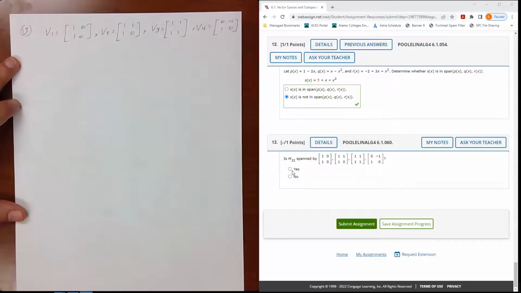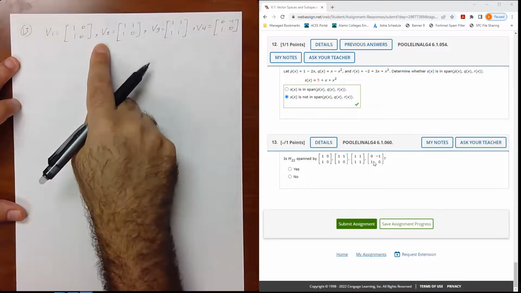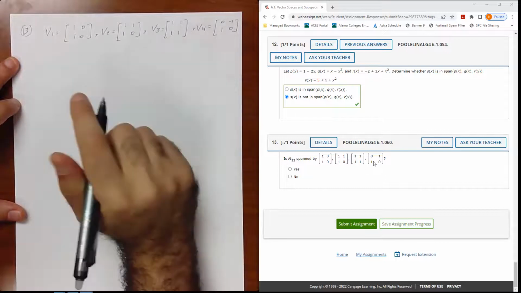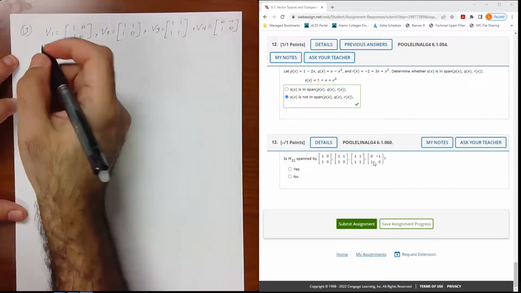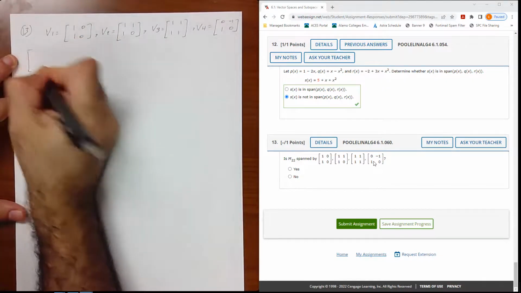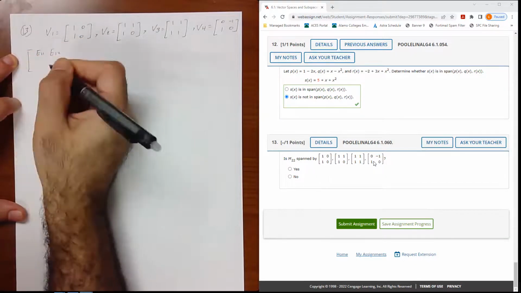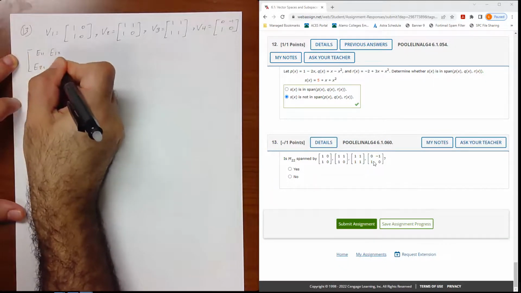So example 13 is the space of 2 by 2 matrices spanned by these vectors. I'm going to say V1 is the first vector, V2, and here's V3, and V4 is going to be 0, -1, 1, 0. So we need to find the span. That means any matrix with dimension 2 by 2. So I'm going to say E11, E12, this is our matrix, E21, and E22